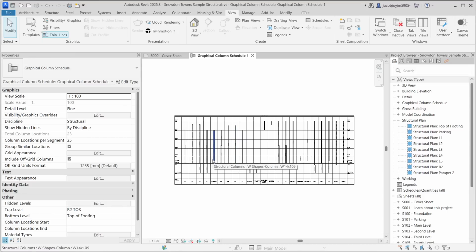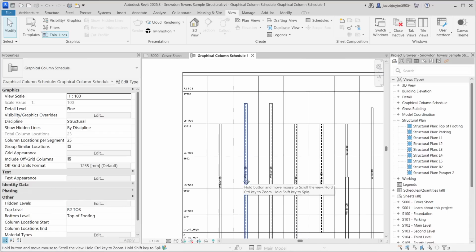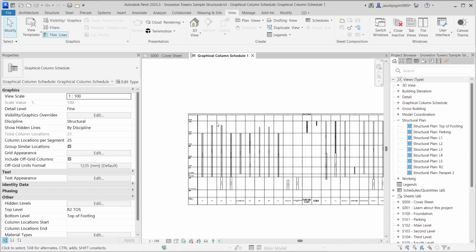Today I'm going to teach you about structural column schedule in Revit. We are going to learn how to do it. So here is an example. I'm going to show you how to do it. Okay, so this is for column only. This will not show any foundation or slab or beam. So this is for column only. Okay. So I'm going to close this file